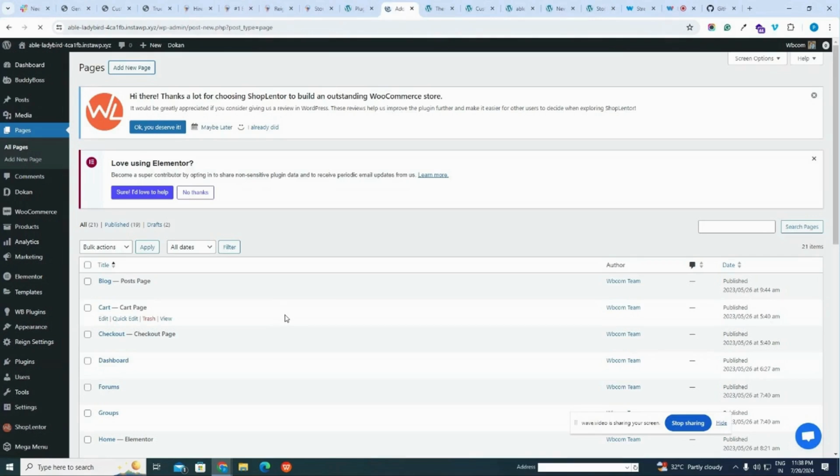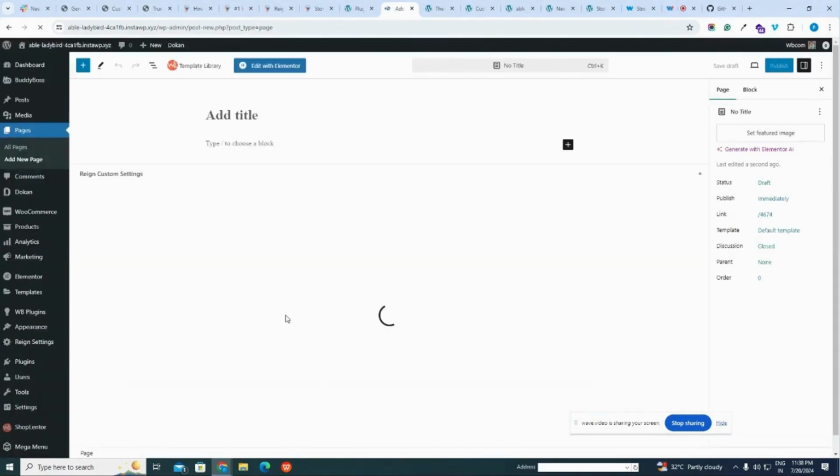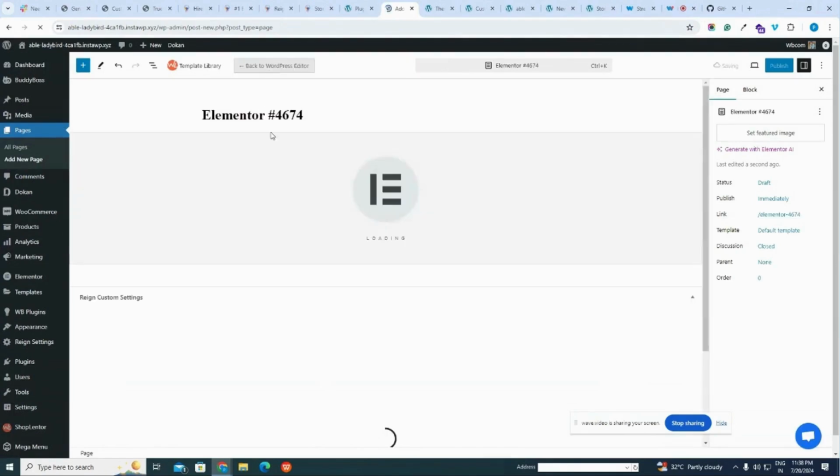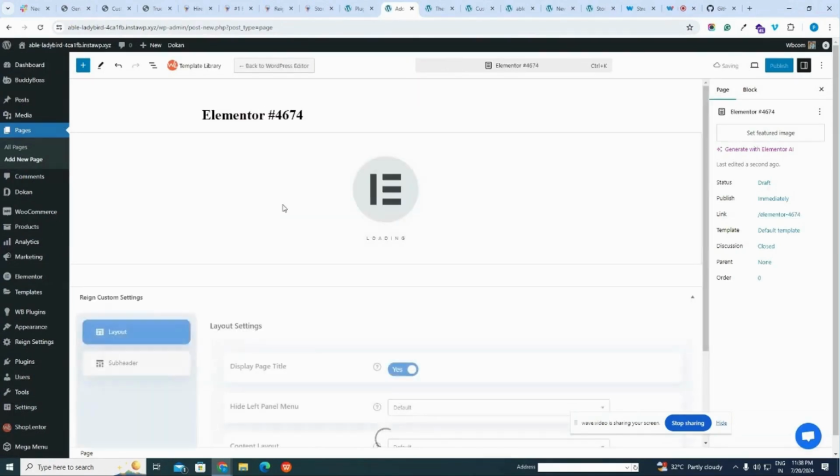It already provides you with inbuilt, ready-to-use Elementor templates for pages and for separate sections. You can have your login page and you can have different sections. If I can edit the page with Elementor, I will show you.